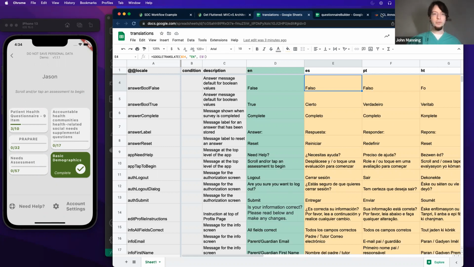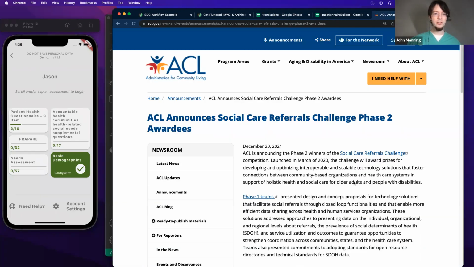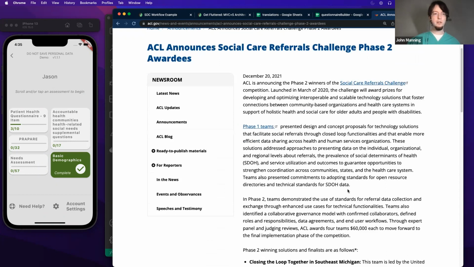So that's what we've done. We had originally submitted Prepare at the very beginning to the ACL Social Care Referrals Challenge. There were 80 groups that were a part of that. We are lucky to have made it past both round 1 and round 2 in collaboration with Open City Labs. Now you went from 80 to 8 down to 4 to essentially continue to build on the efforts that